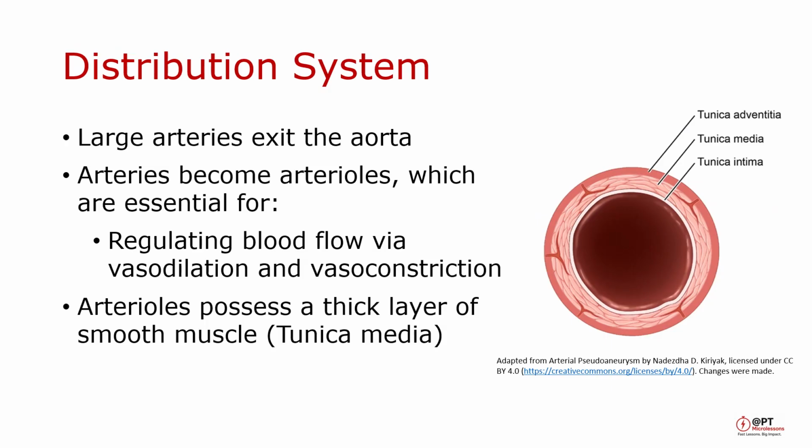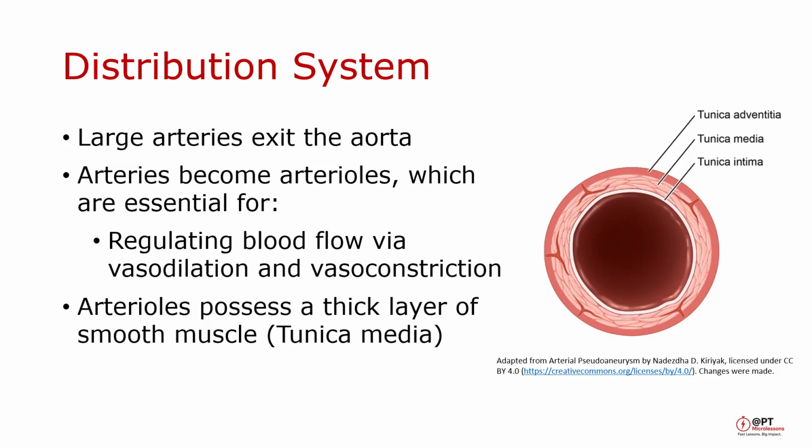Now that we've covered the heart as the pump, let's look at the distribution system, consisting of the arteries and arterioles. Blood leaves the heart through the large arteries, then branches into progressively smaller arteries and arterioles. Arterioles contain a thick layer of smooth muscle, allowing them to constrict or dilate and regulate blood flow to different tissues. Because of this, arterioles are the primary site of peripheral vascular resistance and play an important role in blood